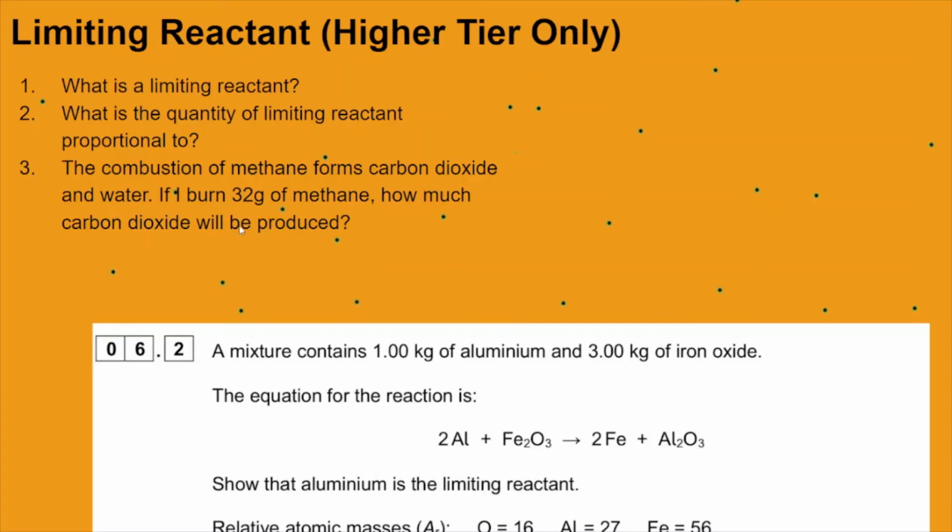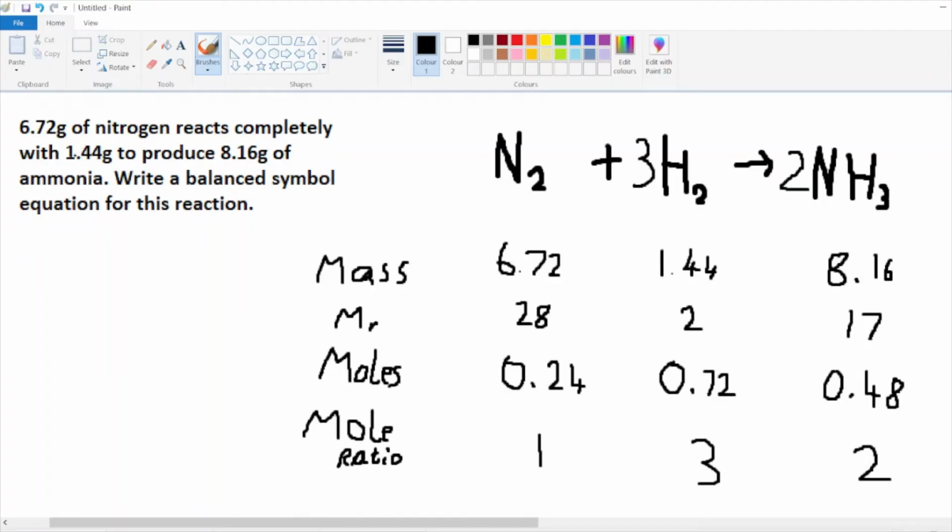So the quantity of limiting reactant is directly proportional to the quantity that we get out of everything else, if that makes any sense, because you have to think, say we did have 6.72 grams of nitrogen, but we had 12 grams of hydrogen,